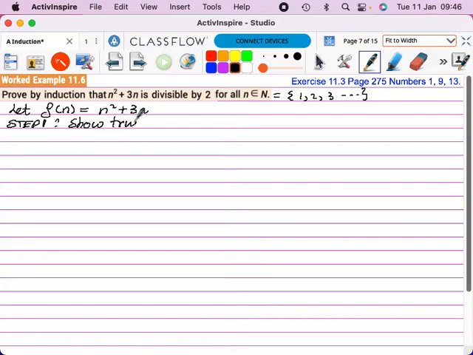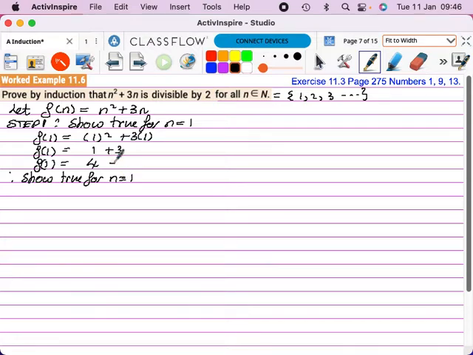So show true for n equals 1. Therefore f of 1 is equal to 1 squared plus 3 times 1. And 1 squared is 1, 3 times 1 is 3. 1 plus 3 is going to give us a value of 4. And 4 is clearly divisible by 2. Therefore, shown true for n equals 1, because this is clearly divisible